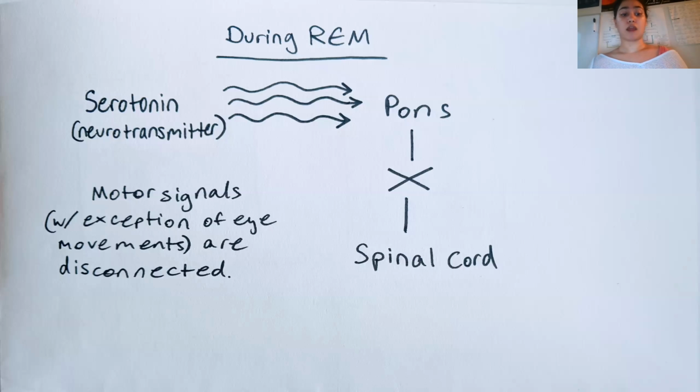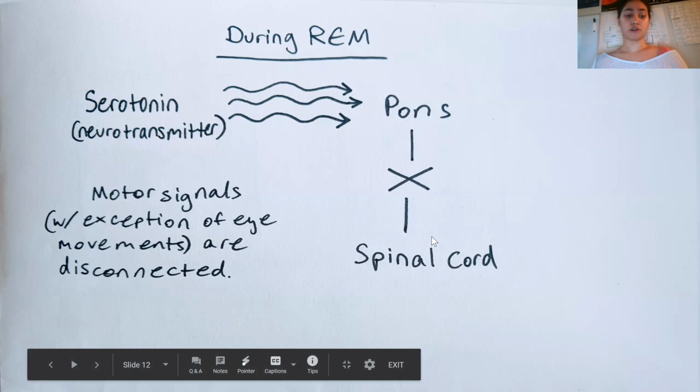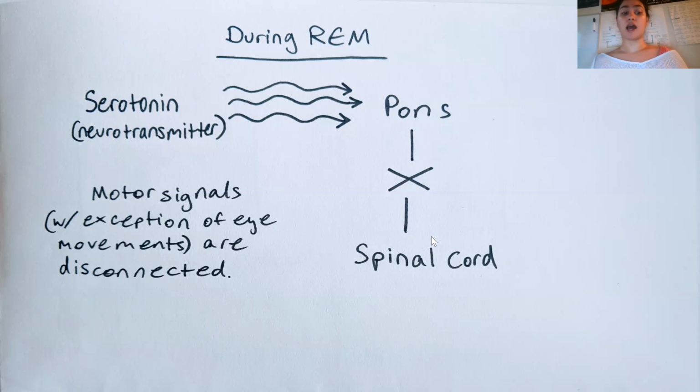So again, during REM, you don't want to be acting out your dreams, right? There needs to be something that disconnects your motor activity from your dreams. This disconnection is caused by a neurotransmitter called serotonin, which binds to a receptor in a brain structure called the pons and prevents motor signals from reaching the spinal cord. The pons affects all motor signals except for your eye motor signals, so your eyes are free to move around